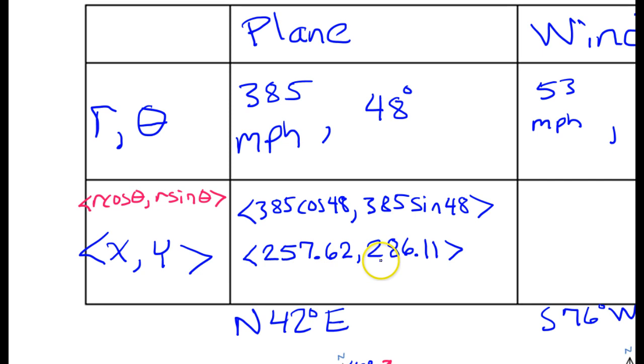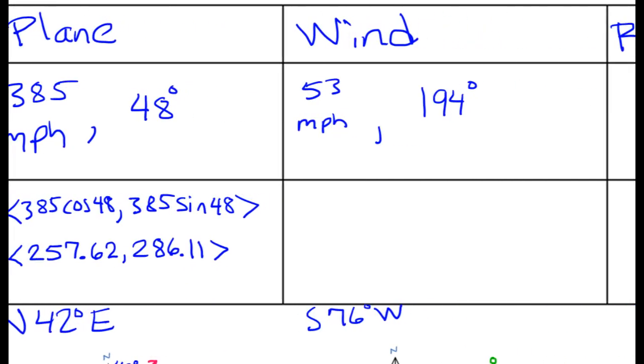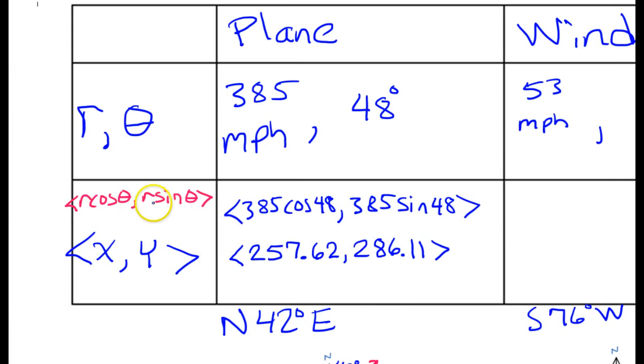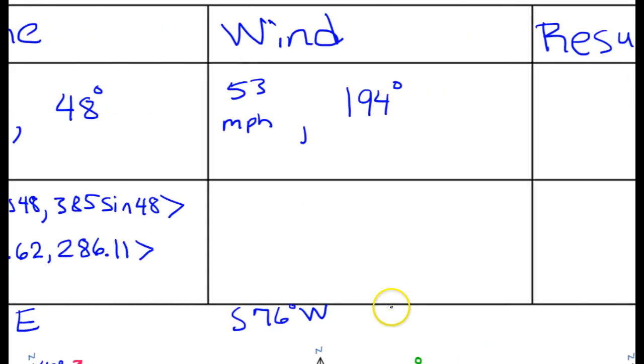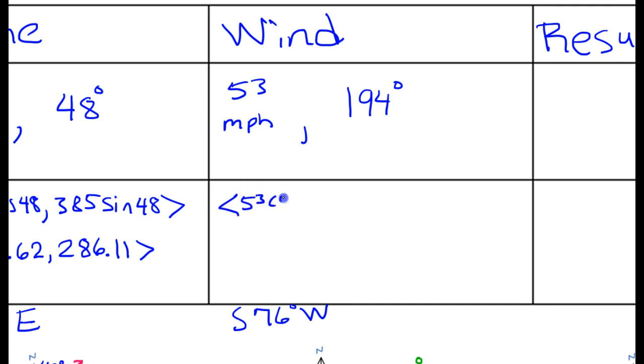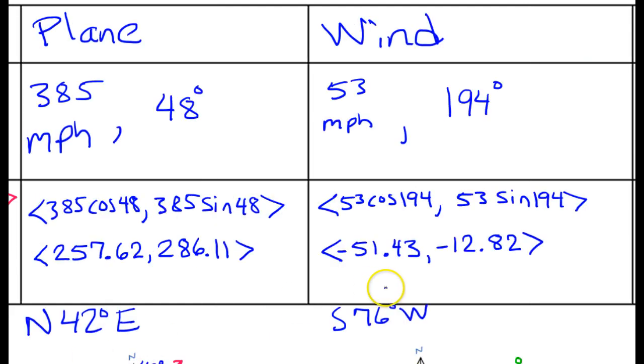257.62, comma 286.11. Now let's do the same thing for the wind. Remember, r cosine theta, r sine theta. Alright, this is r and this is theta. So for the wind, that's going to be 53 cosine 194 and 53 sine 194. Calculator. So the wind velocity in component form is negative 51.43, comma, negative